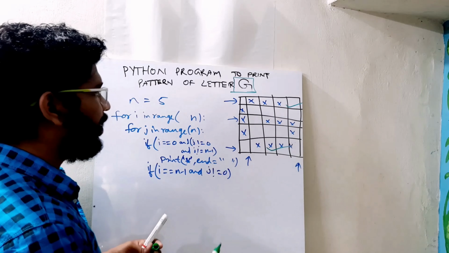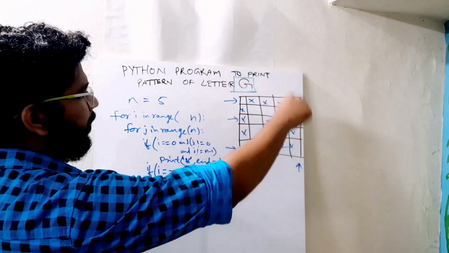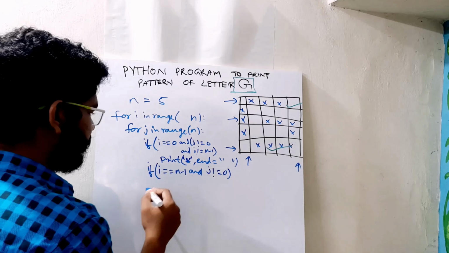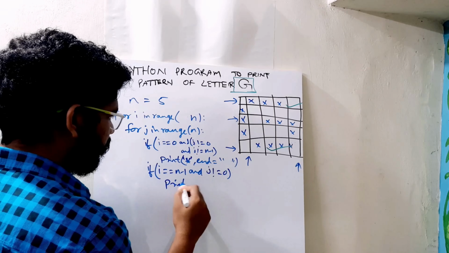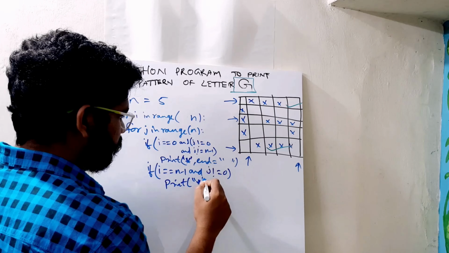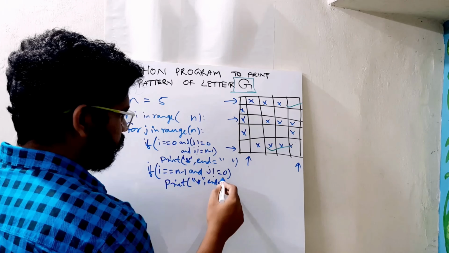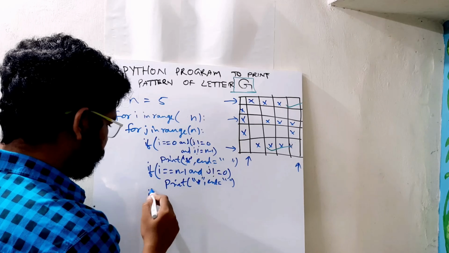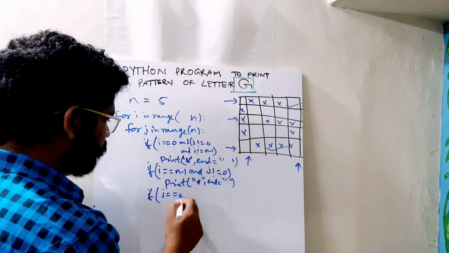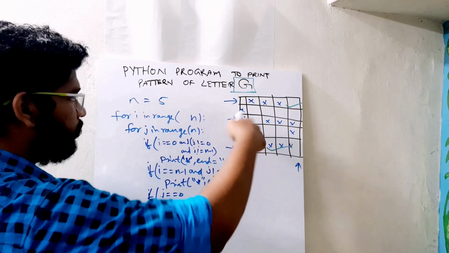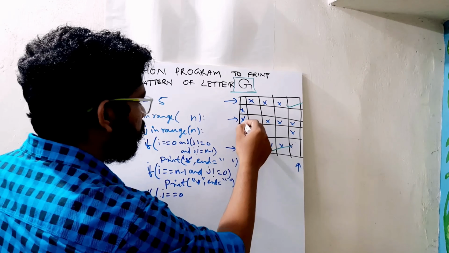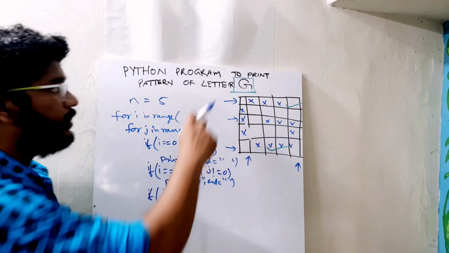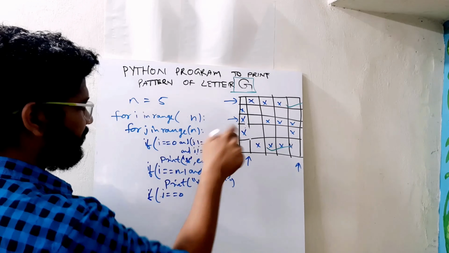Now what I'll do is print the columns, the first column and the last column. Similarly, instead of i equal to 0, I have to say here j equal to 0. Let me write print here. For this condition, I have to write if j equal to 0. That means this first column, and here the row should not be equal to 1. Similar conditions, just the reverse condition.